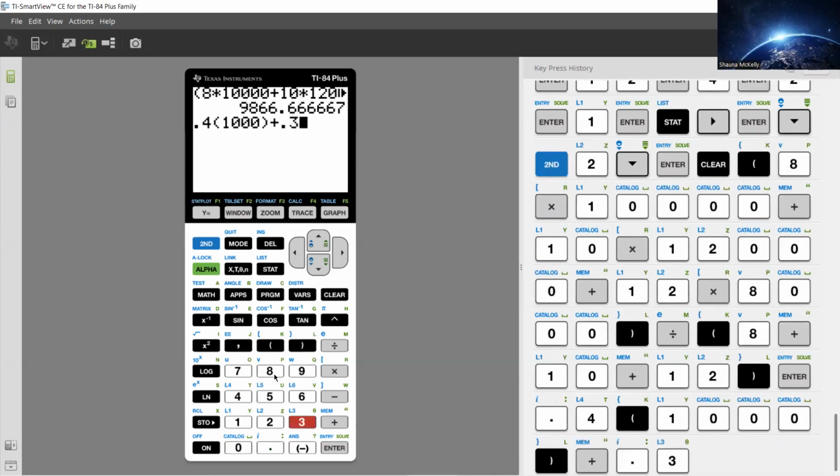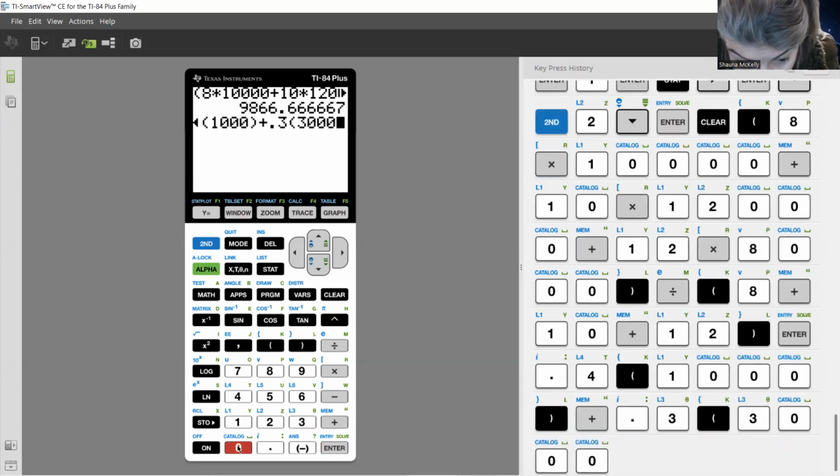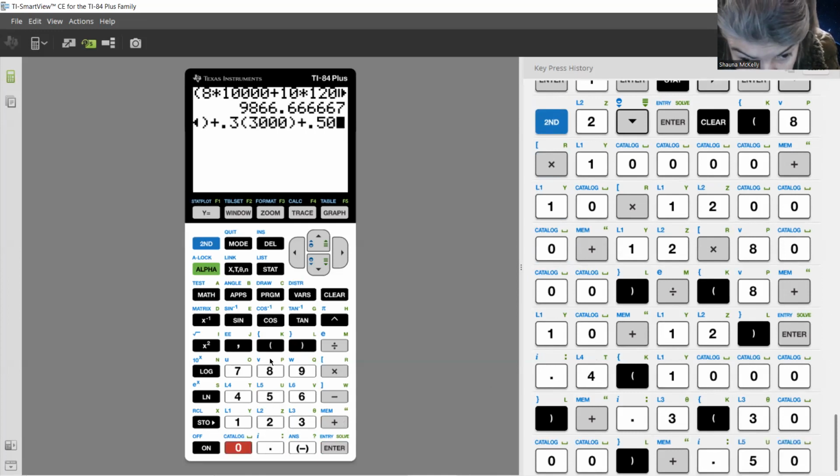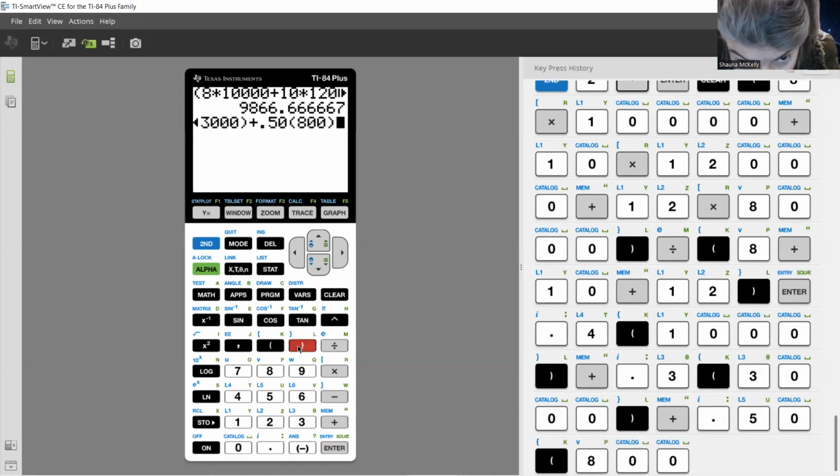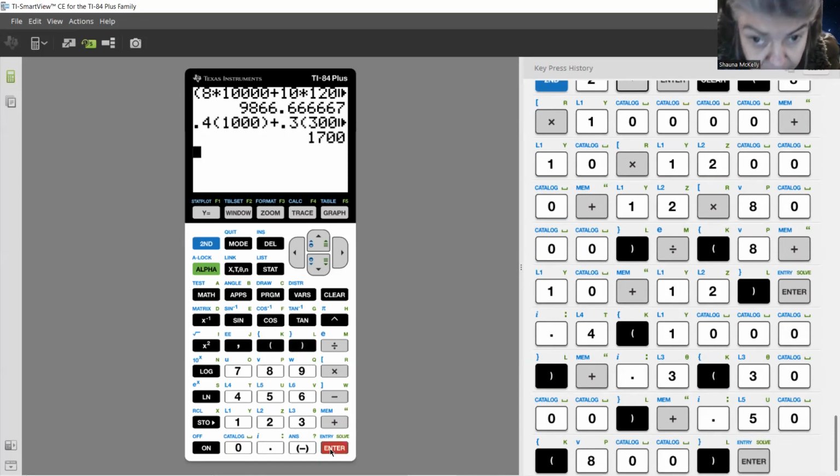30 times 3,000 plus 0.50 times 800. The numerator is going to give me 1,700. Now, I'm going to divide that by my weights. So this is